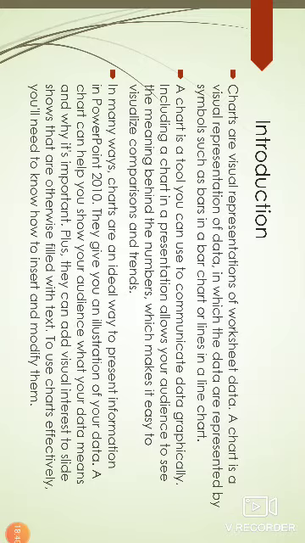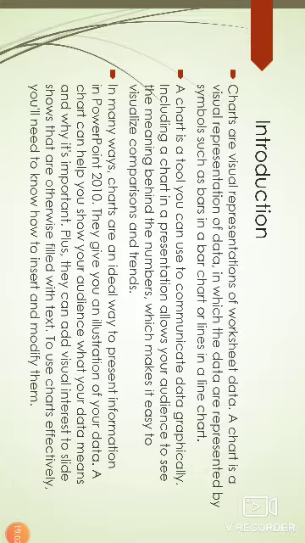In Viva they will ask what is a chart. We can simply say that a chart is a visual representation of data, in which data are represented by symbols such as bars in a bar chart or lines in a line chart.